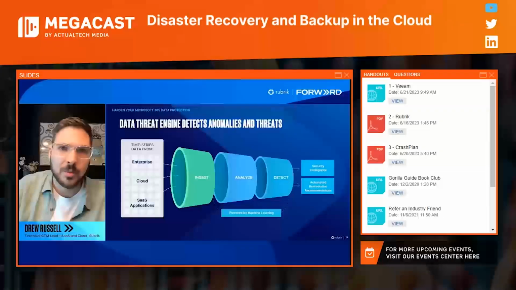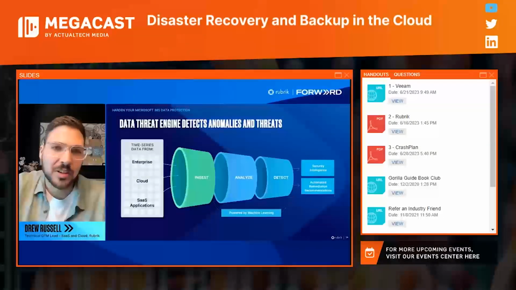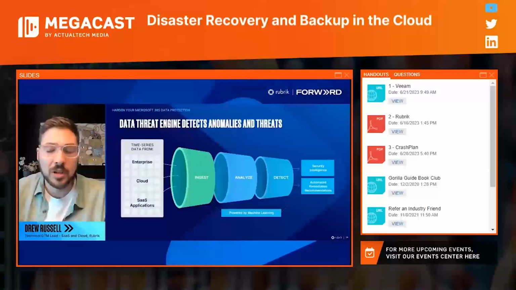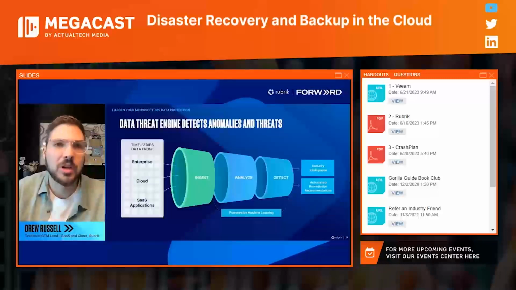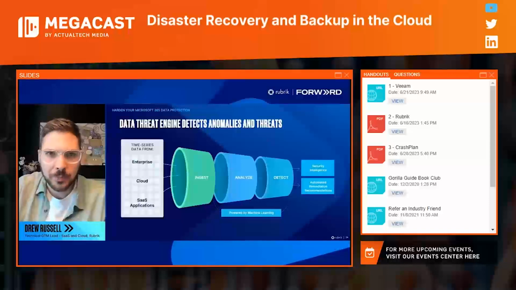What data experienced mass deletion attempts? Or if I'm following a more traditional encryption workflow, what specific information is impacted by that, and how do I more surgically recover my data and get my environment back up as quickly as possible? To walk you through what that looks like from the product standpoint, let me turn it over to Mike, who will demo some of our new capabilities in this space.